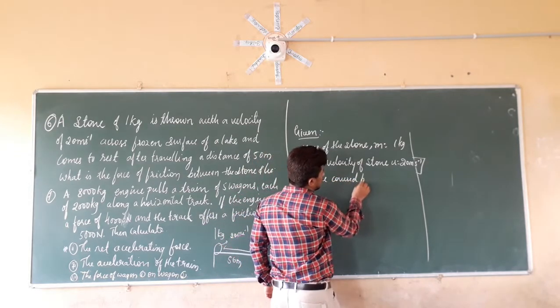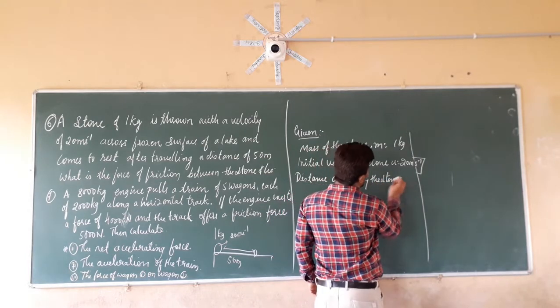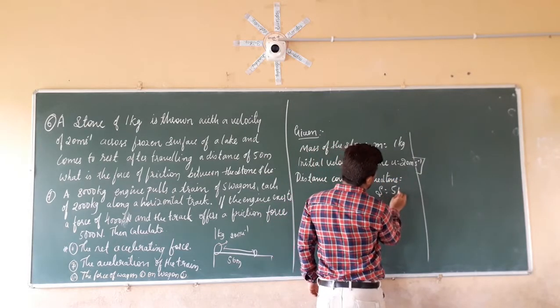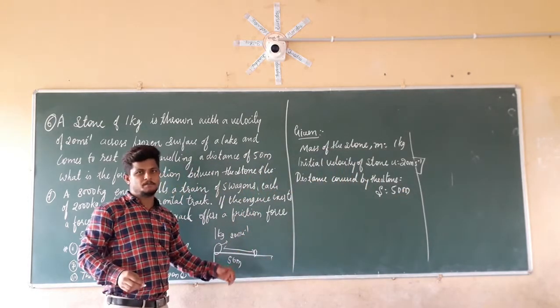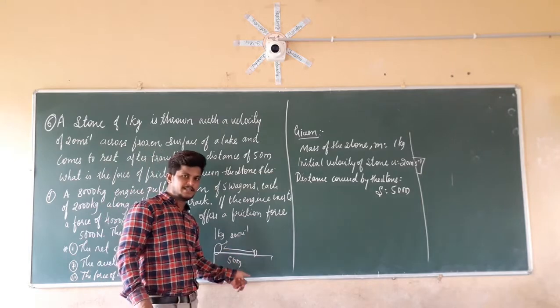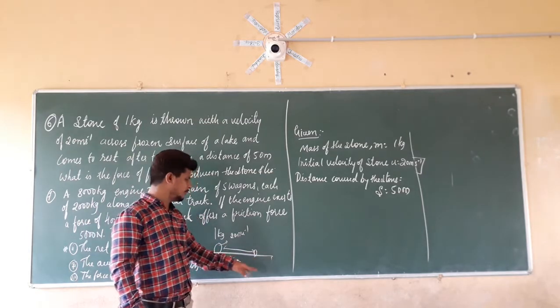Distance covered by the stone, which is given as equal to 50 meters. So it is going to travel 50 meters before stopping due to the frictional force which is acting between this ball and the surface. Due to that frictional force, the ball is stopping